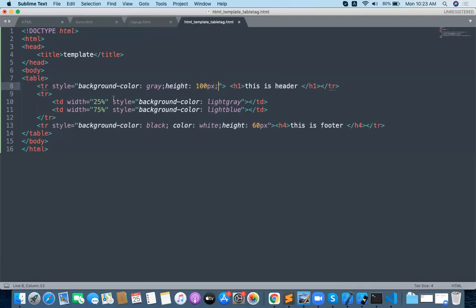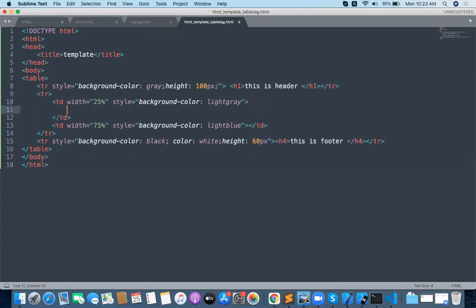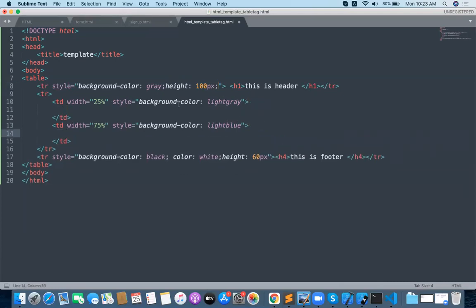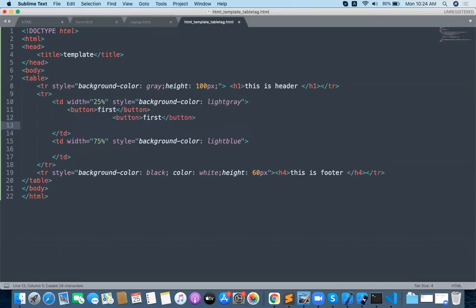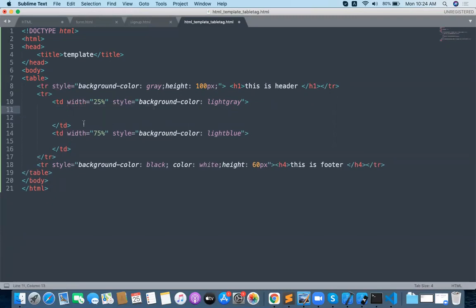Okay, fine. My requirement is, inside the first TD, I will place some paragraphs. Inside the second TD, I will place some other paragraphs. Inside the first TD, let me take something like buttons. Buttons are going to be taken like this. Inside this particular TD, you can take a table again if you want. I will show you how these tables work later on, so better you take a paragraph.